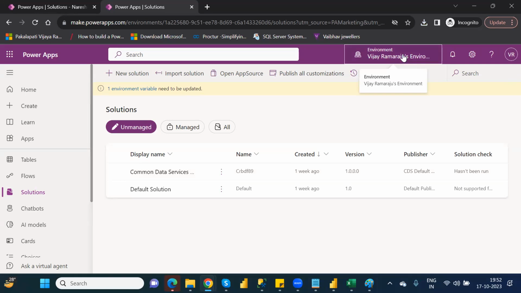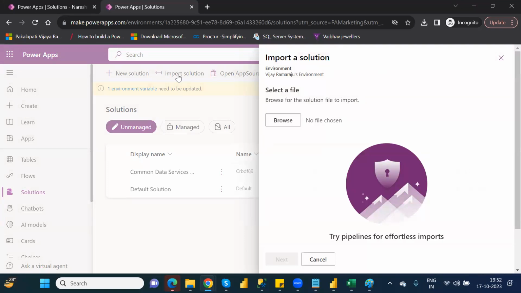Very important point. See here, in this environment, whichever solution I download to my local system, I want to keep that solution in this environment. Then see here, you have to select this environment. Then you will have an option called import a solution. Click on